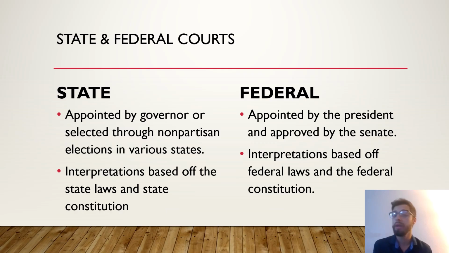A great example of how, for one, our judges on the state level rely on the state legislation and constitutions to make policy interpretations, and these judges are unique within each state. Now, when we look at the federal level, these judges are appointed by the president and then, of course, approved by the Senate. This is a process we've already discussed in previous lectures. Remember, the appointment powers granted to the president, numerous positions, and many of those include federal judges. And of course, we do know that you need the Senate approval for federal judges.